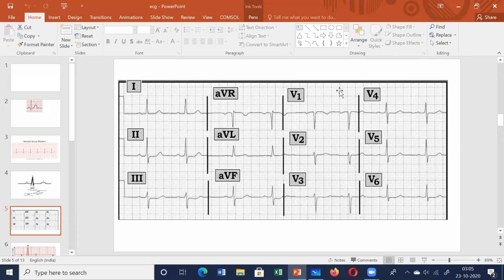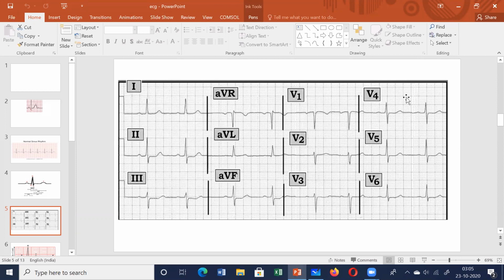Remember, this indicates acute pericarditis. So immediately you go for the troponin markers and all. Just now I told you that if you find the ST segment elevation in the leads, you have to look accordingly: V1 V2 means the septum of the heart, V3 V4. If you find ST segment elevation in V3 V4, this means anterior myocardial infarction.